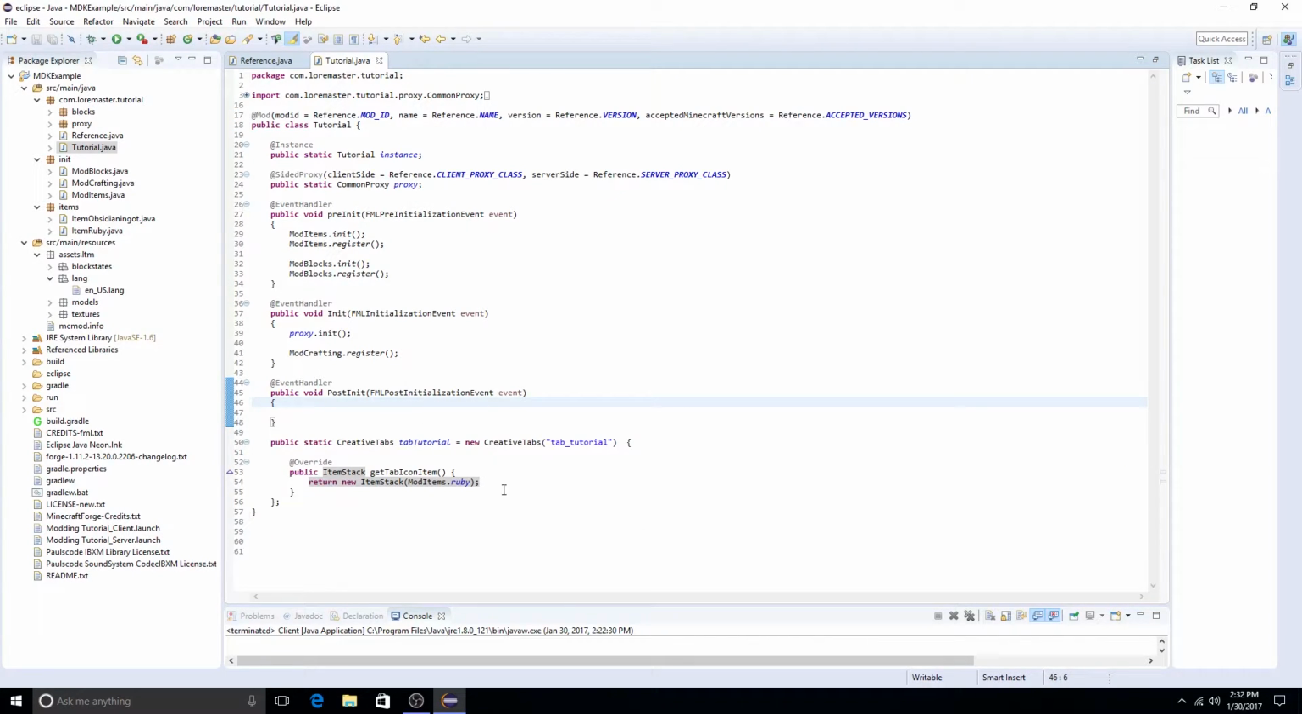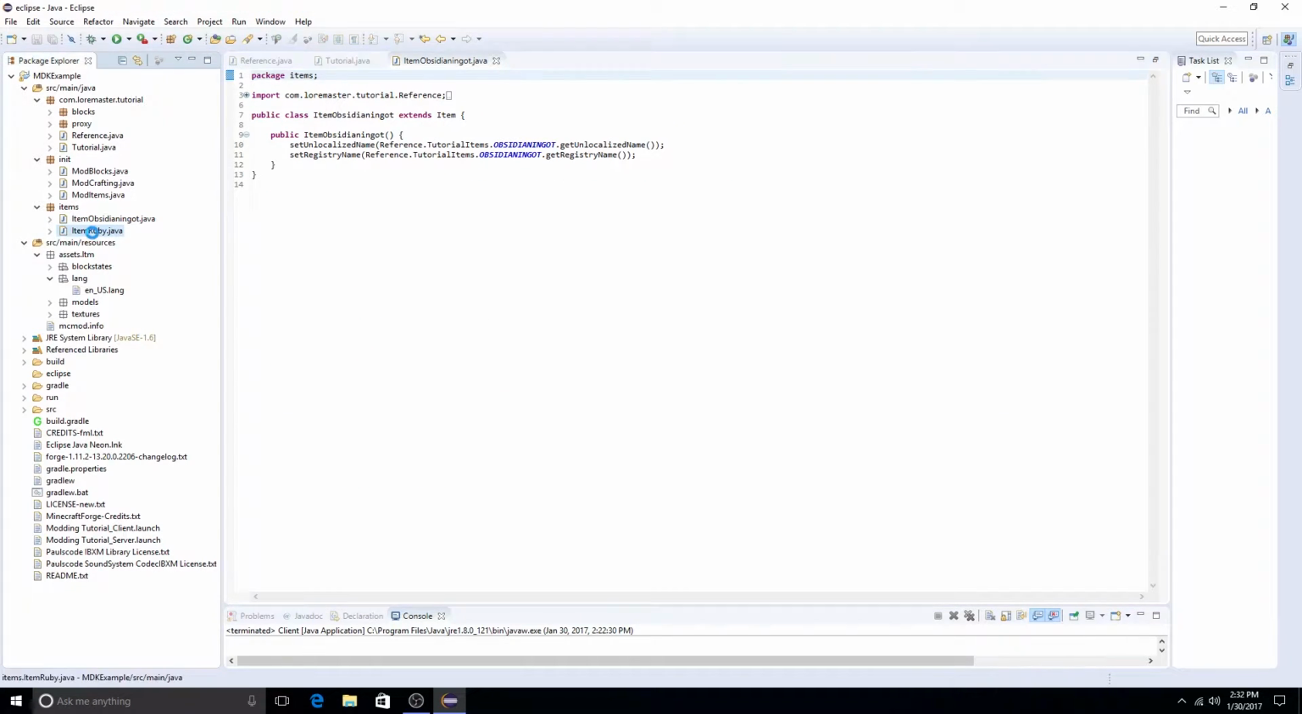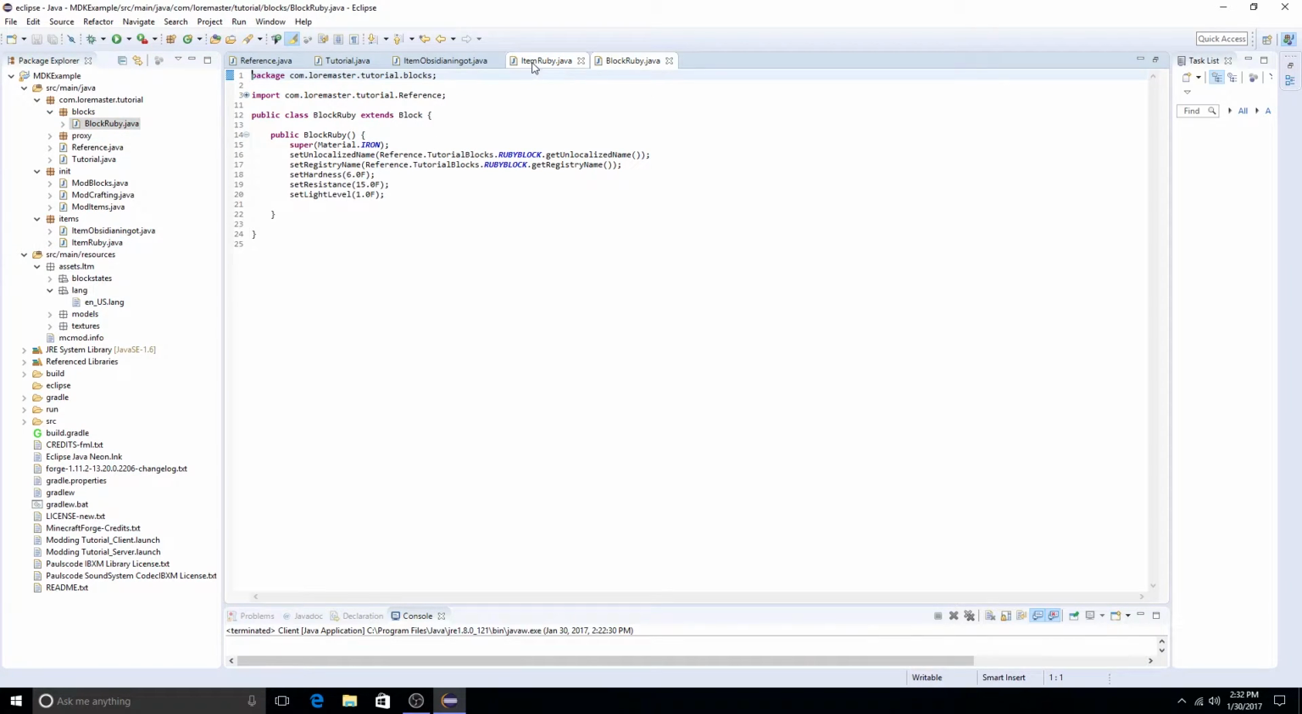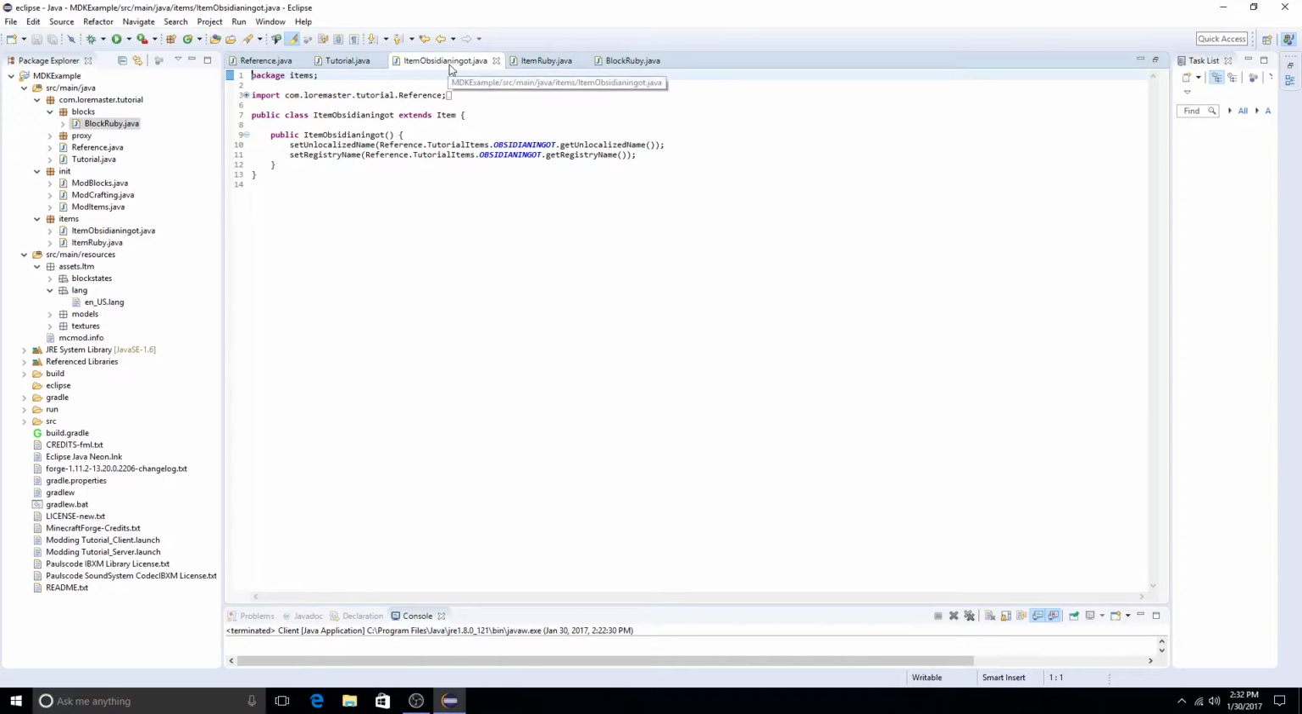So now we actually have our creative tab, but we need to add items to it, obviously. So open up all of the Java classes of the items that you made. So ItemObsidianIngot, ItemRuby, and if we go to blocks, BlockRuby. Open all the blocks and items that you made, and you're going to want to add a string to the bottom of them. So for example, we're going to start in ItemObsidianIngot, and below all the stuff we set here, we're going to put setCreativeTab, with a capital C and a capital T, and we're going to put in